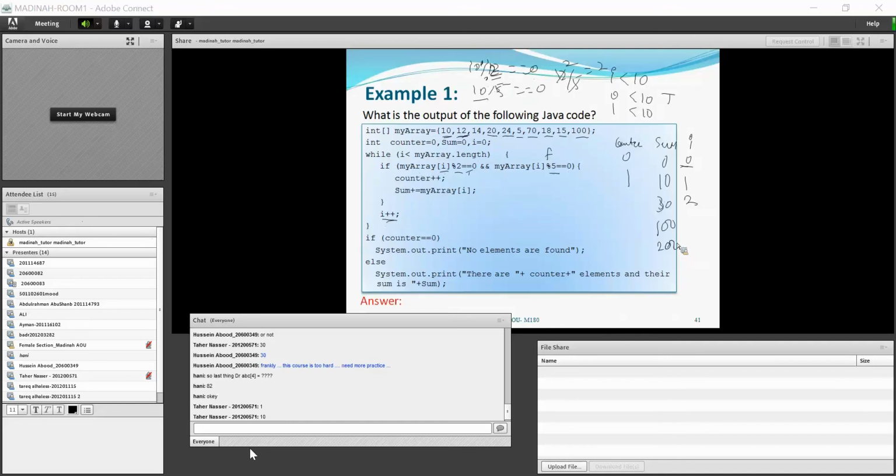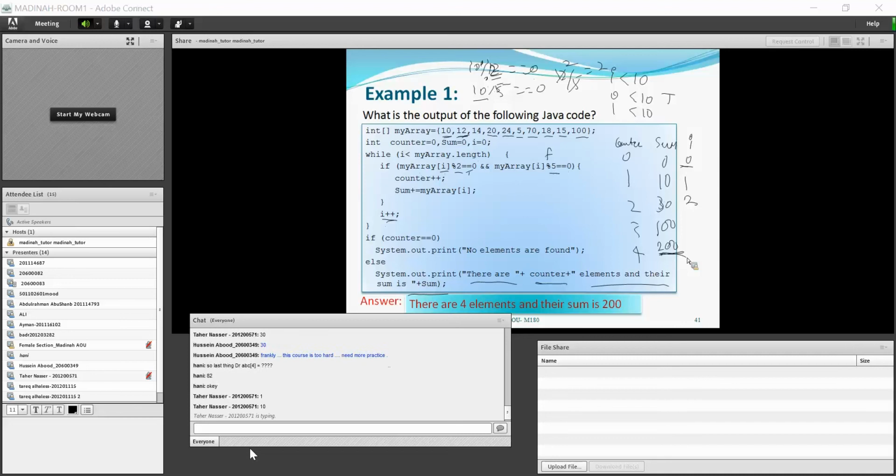So you will display this. There are how many numbers? 4 numbers, and the counter is incremented 2, 3, 4. So 4 numbers and their sum is 200. So you'll get the output. There are 4 elements and their sum is 200.